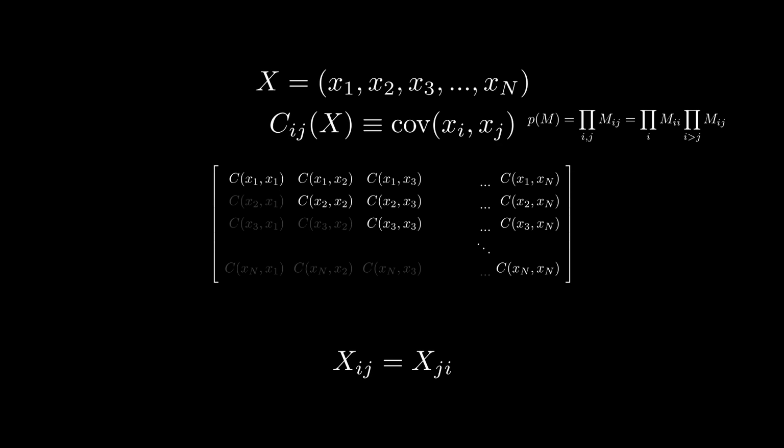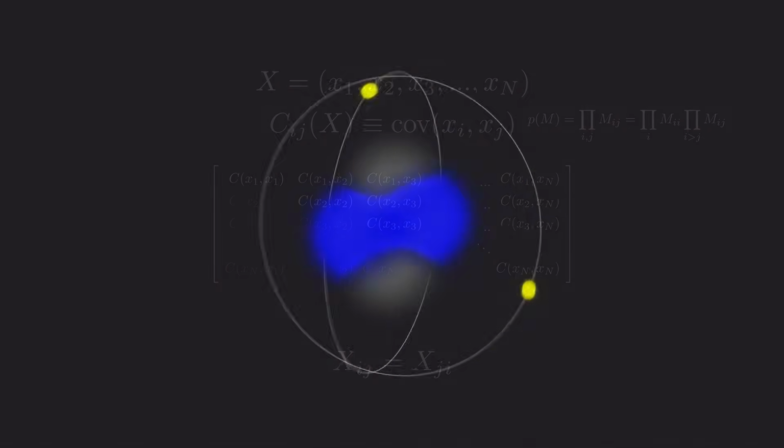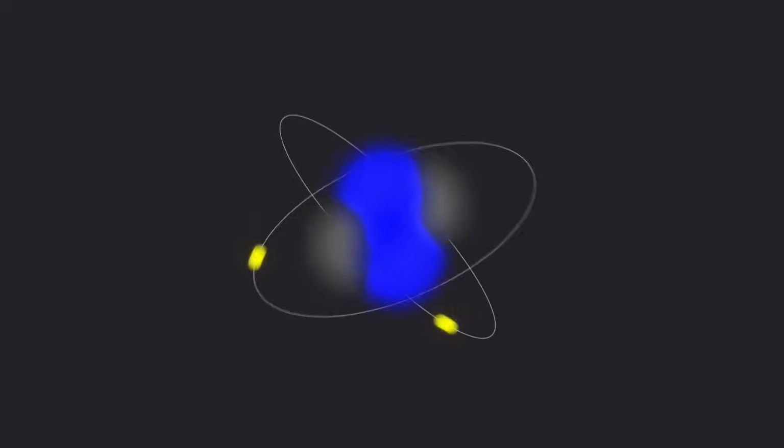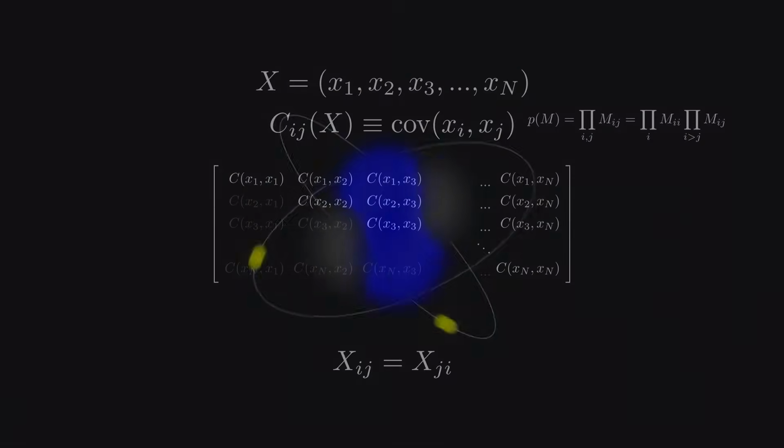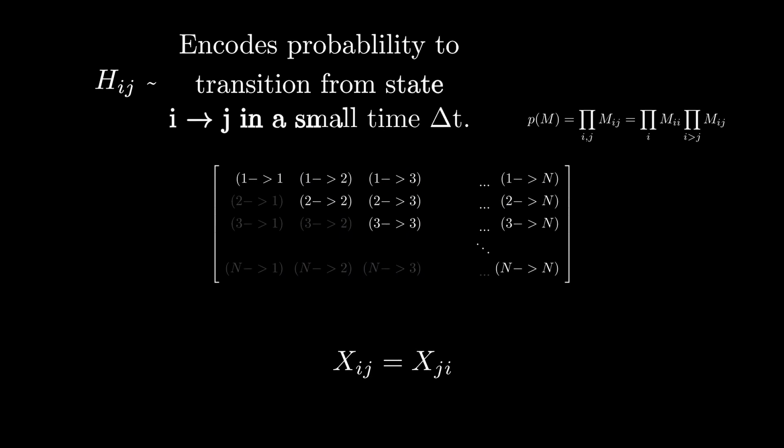One encounters similarly structured matrices in physics. For example, in quantum mechanics, one is primarily interested in the Hamiltonian, which is a complex-valued matrix that encodes the dynamics of the system, the possible energies it can have, and many other important features a physicist might care about. You can think of each entry of the Hamiltonian as encoding the probability that a system will transition from one state to another in a small time step, with the ijth entry capturing the probability of transitioning from state j